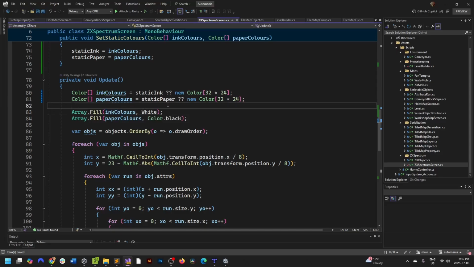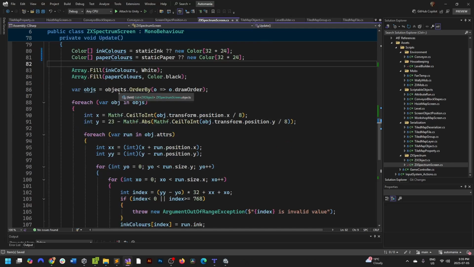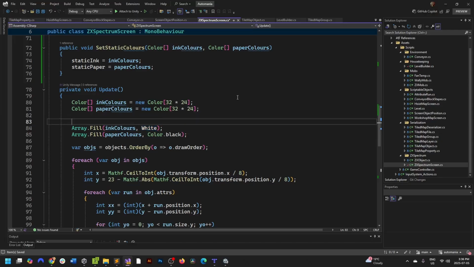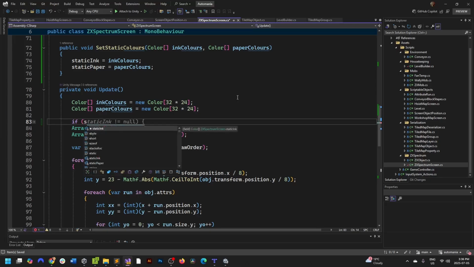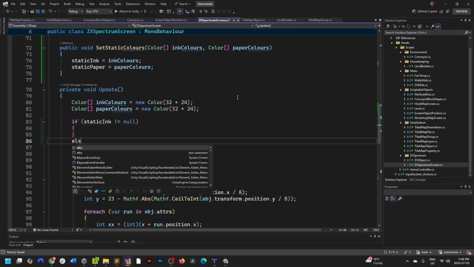Oh, I don't want to copy that across. I want to do that if it's empty, so I want to say fill if static ink is not equal to null, else